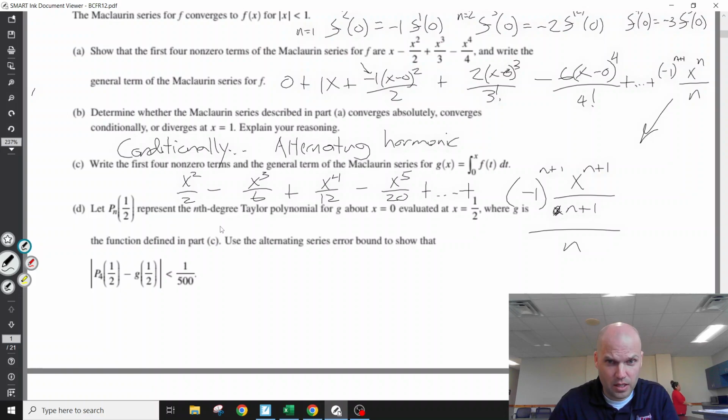We're talking about, they didn't tell you, but you're using the 4th degree Taylor polynomial to approximate this g value of a half. So if I plug in 1/2 into this, I'm approximating a value, a sum. If I am using a 4th degree, that would be using these 3 terms that takes to a 4th degree. Alternating series error has to be